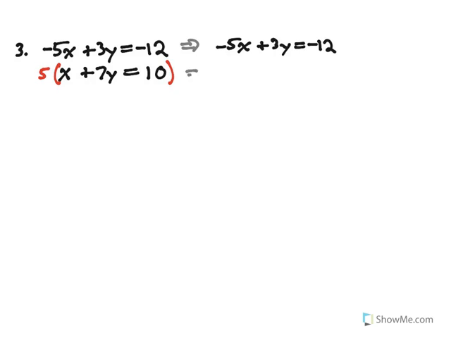And then the second equation is going to be 5x plus 35y equals 50. And then now I can cancel my x term and then go ahead and add the other one. So what do we say that was? 38y, and then this is what it's going to be, 38. Okay? And then if you divide everything by 38,